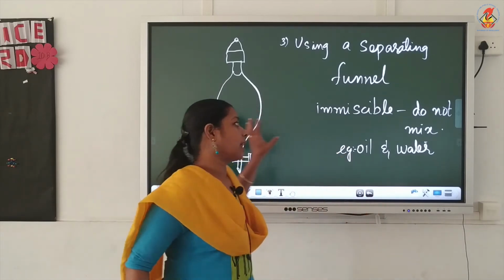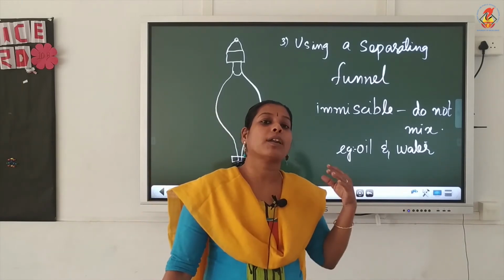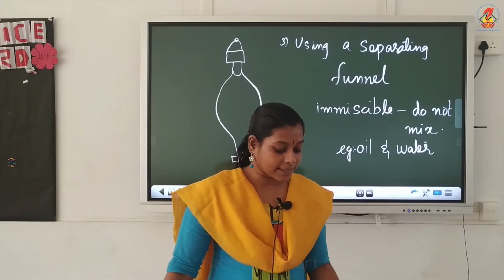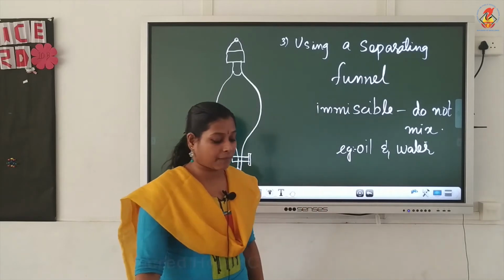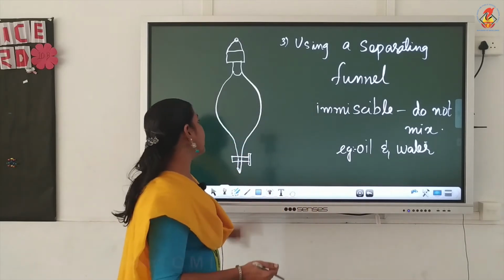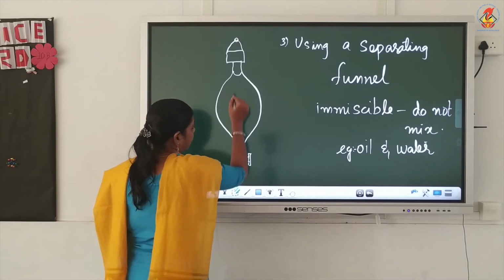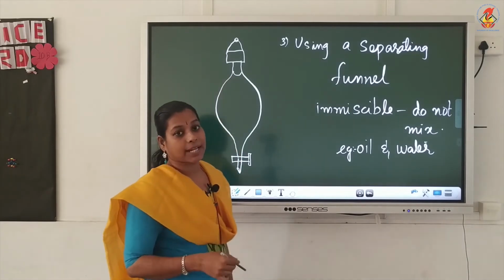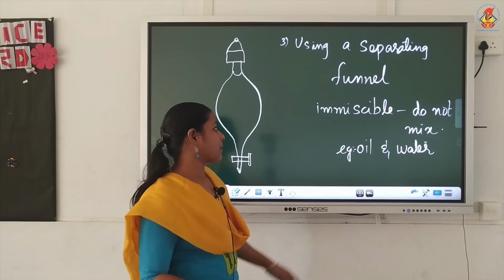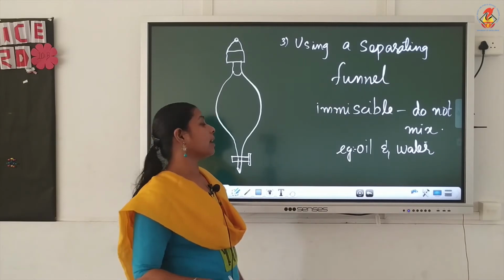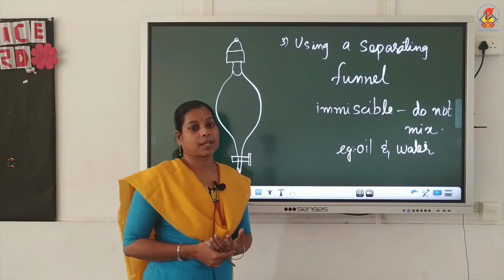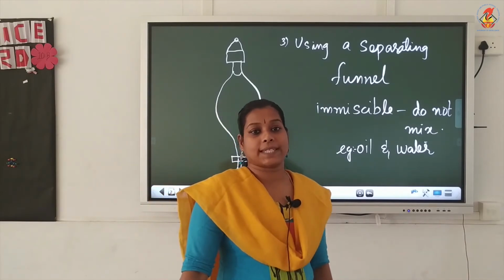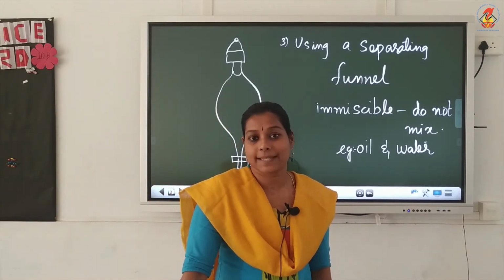Such a mixture, if you take it in the separating funnel, how will you separate it? Okay. So here in your textbook the example is kerosene from water. This mixture to be separated, we are taking in this, and using this separating funnel we are separating a mixture of two immiscible liquids. So here we are taking a kerosene and water mixture. Kerosene has low density whereas water has more density.